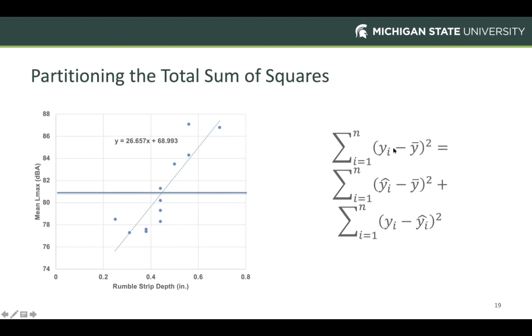Because keep in mind, this total sum of squares that we're partitioning is just the square difference of each of these individual data points from the mean value in the sample, okay? And so in this case, you can probably tell before we even work through the ANOVA equations that we are going to likely see a linear relationship here. Now, in contrast,